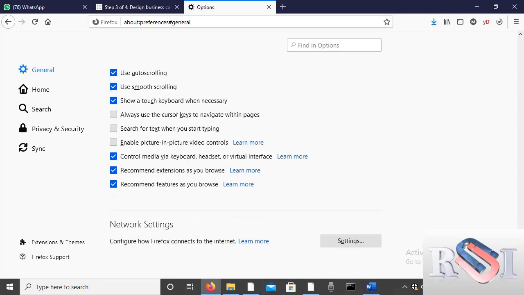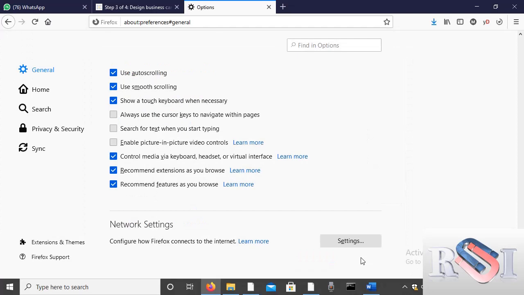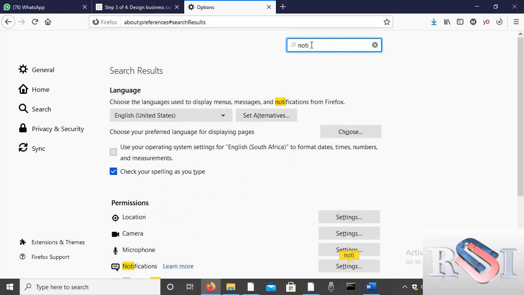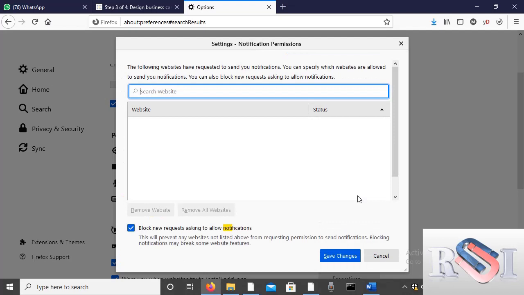Then let's come to network settings. This one let's leave it for now. We'll come to it and understand it a bit later. And then we search for notification. Okay, we have done that.